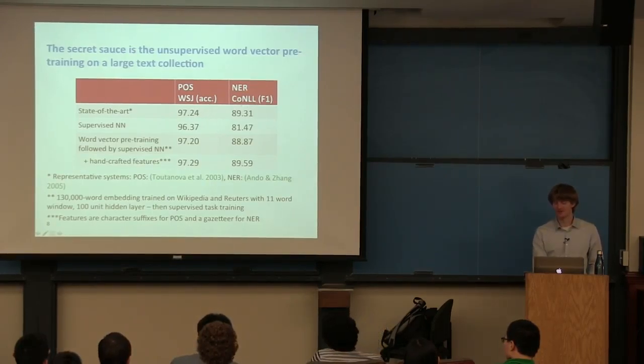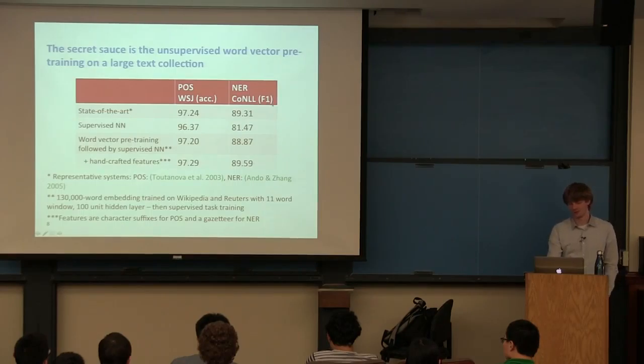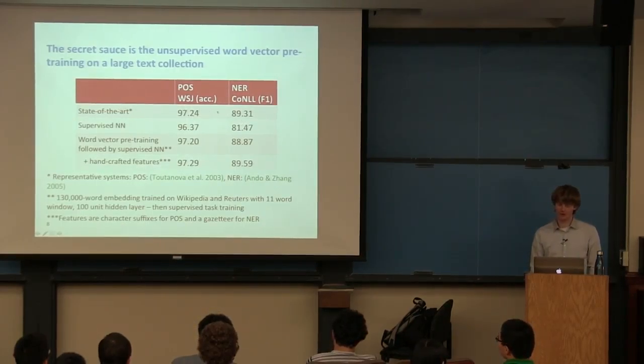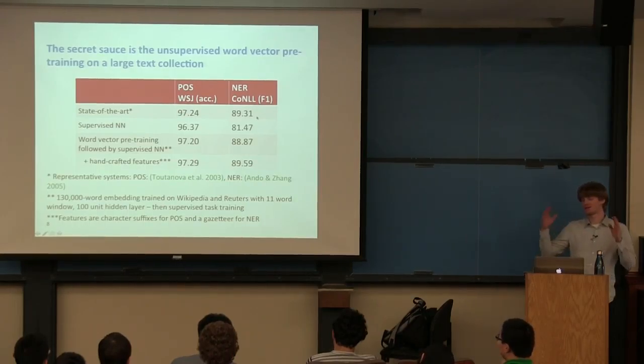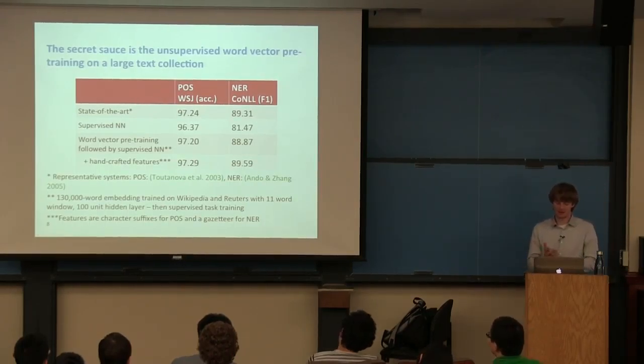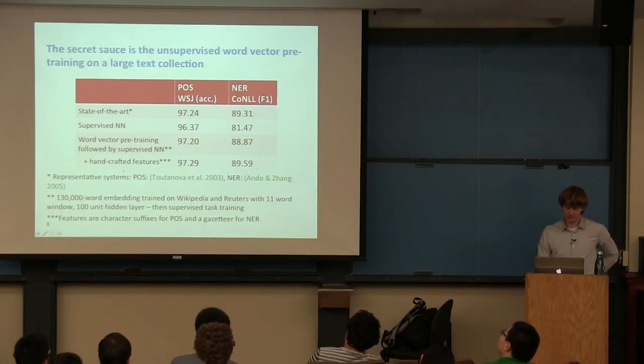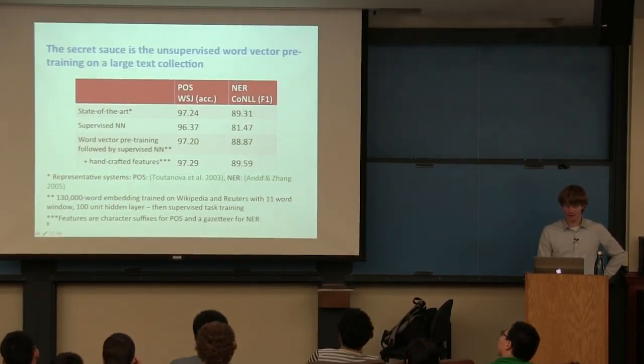But as we discussed for named entity recognition, most things aren't named entities. All the adjectives, verbs, and personal pronouns and so on aren't named entities. And so we use the F1 measure here to compute how accurate systems are. The first row here is a sort of standard NLP state-of-the-art system. The two representative systems that we use here are one by Toutanova and Ando and Zhang from more than a